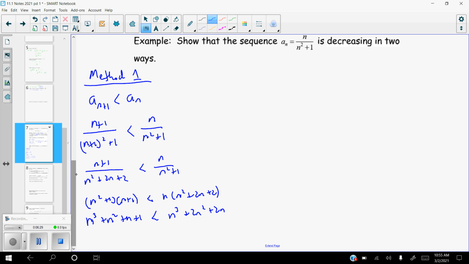So I can subtract n cubed on both sides. Those are going to go away. I can subtract n squared and n on both sides. If I subtract n squared and n on both sides, that's going to leave me with a 1 on the left. And n squared subtracted from the 2n squared gives you n squared. 2n minus n gives you n. Remember that n is restricted to whole numbers, so 1 is always going to be less than n squared plus 1, no matter what. And since I have shown that this is an always true statement,